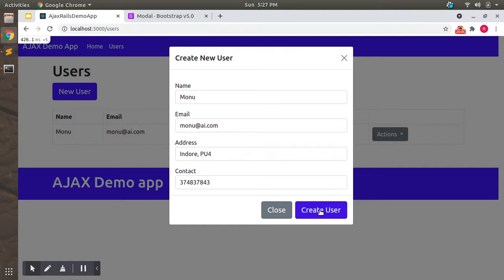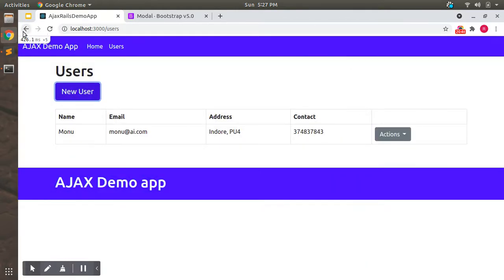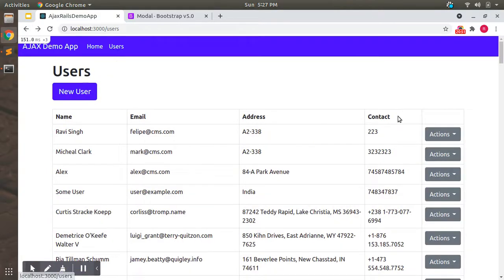You can see that it is still redirecting to the show page. This is wrong. We don't need that. We need that to be submitted at the top of the table.